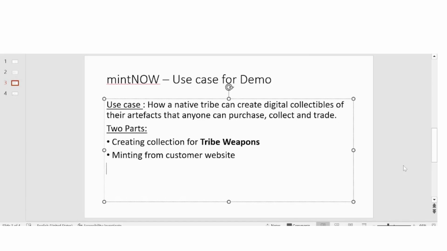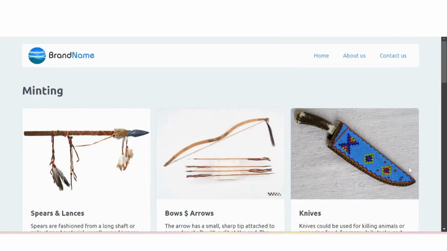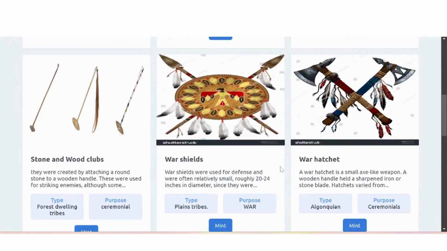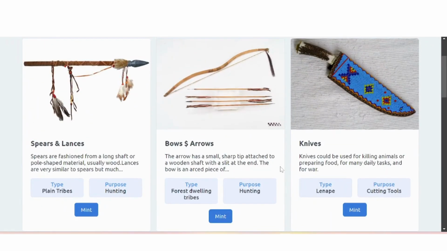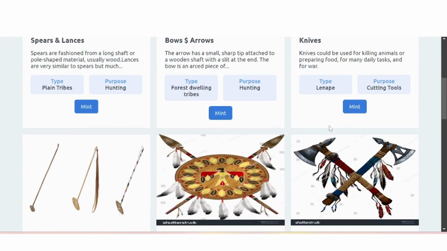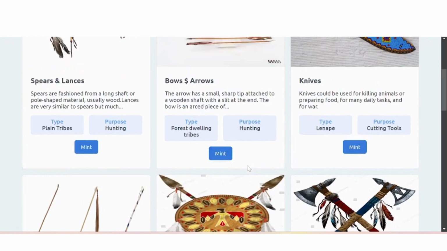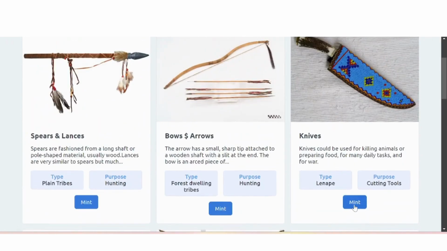Now let's see part 2, where I will show you how the consumers can mint the NFT from the website of the customers. So consider this website of any tribe community where anyone who wants to mint an NFT will visit the site, choose the NFT as per their choice, and click on the mint button. So for example, here I can see all the NFTs which we have uploaded in the collections displayed over here. If I want to mint any of the NFTs, I can just click on the mint button. Let's say I'll go with this knives. I click on the mint button